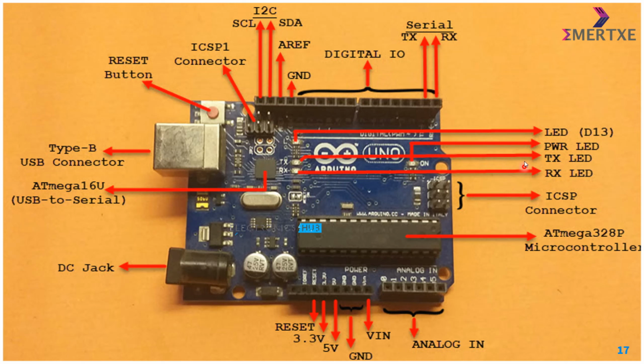So these are the LEDs, and these are the serial data transmission pins or receiver pins. TX stands for transmission, RX for the receiver. These are the serial transmission pins, receiver and transmission pins. So moving further,